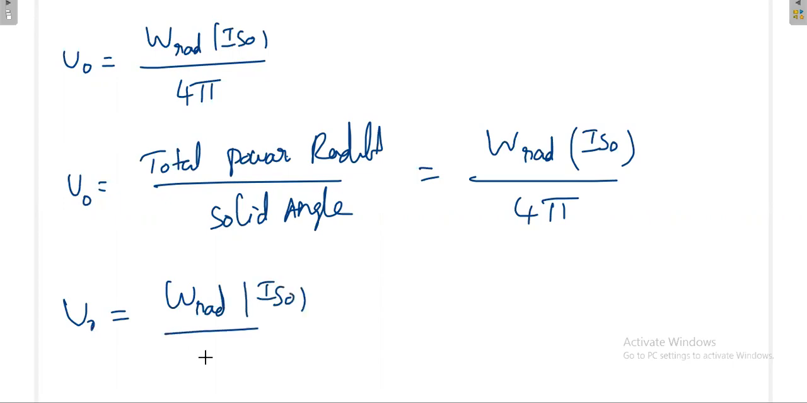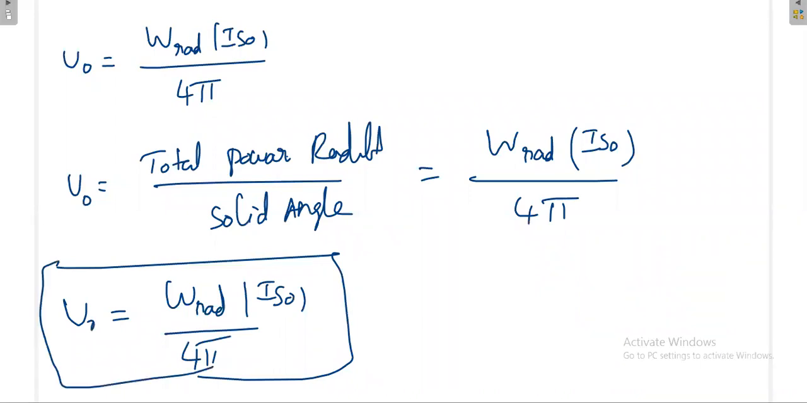In future, please don't redo this derivation, simply remember this. U naught for an isotropic antenna is total power radiated divided by solid angle. I know the solid angle of an isotropic radiator is 4 pi, and I know the total power radiated, so the ratio gives the average radiation intensity of the isotropic radiator. Now, why have I derived this formula? I know the directive gain, and one formula we have used is like this. What is the